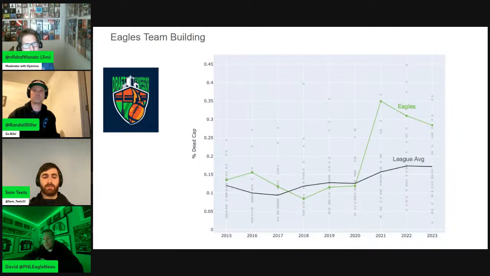And it allows them to spend more in the current year. It's only come back to bite them once. And again, that was in 2020 when the cap reduced. But it took a worldwide pandemic for it to bite him. So I think that's a risk he's going to continue to take.